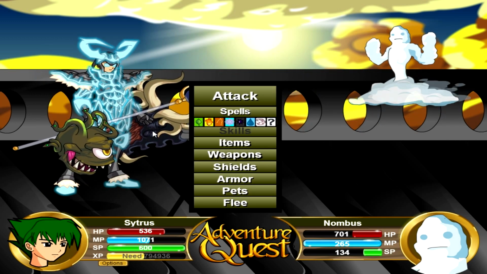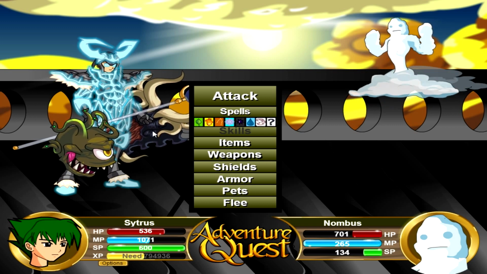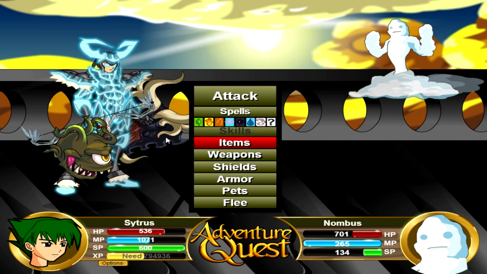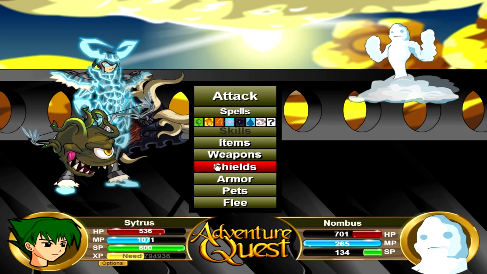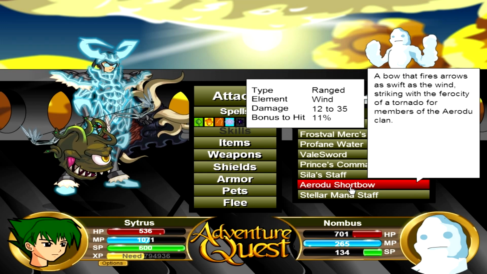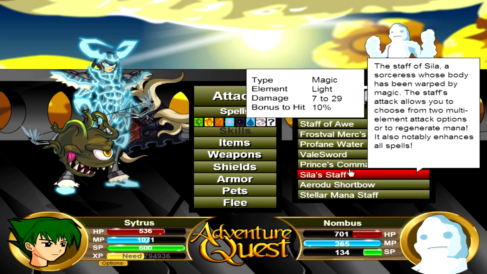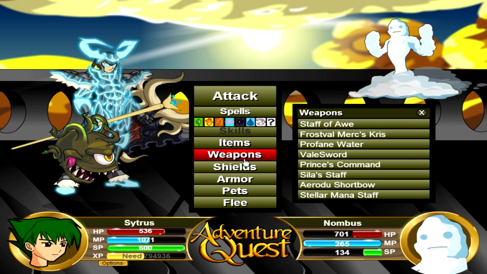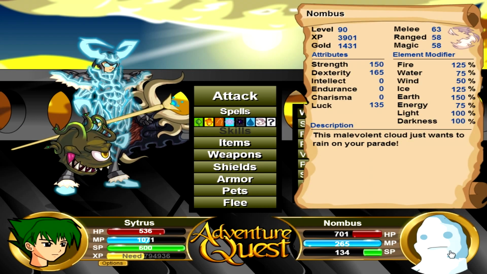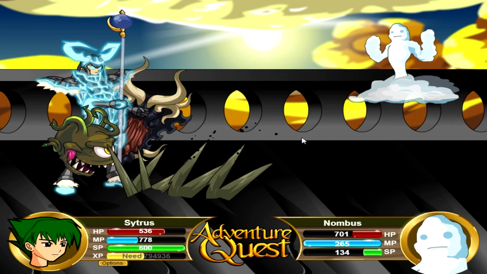I can't really explain it, but I guess a longbow is a good example. I can just use this thing right here. It only attacks once. It can't do anything else, and it does base damage. It doesn't really do any more than that, and it doesn't get affected by anything. It just kind of does damage. Also, I have this level 100 Stellar Mana Staff now, so I can recover health a little bit easier than I could before. That's good to know. But anyway,